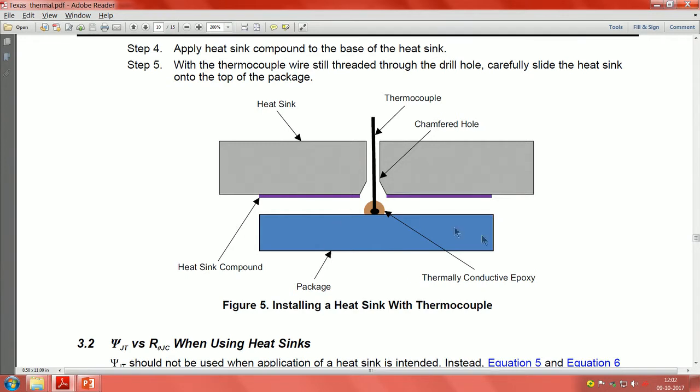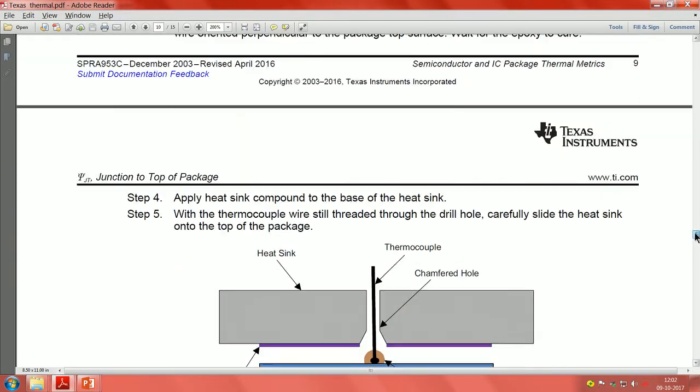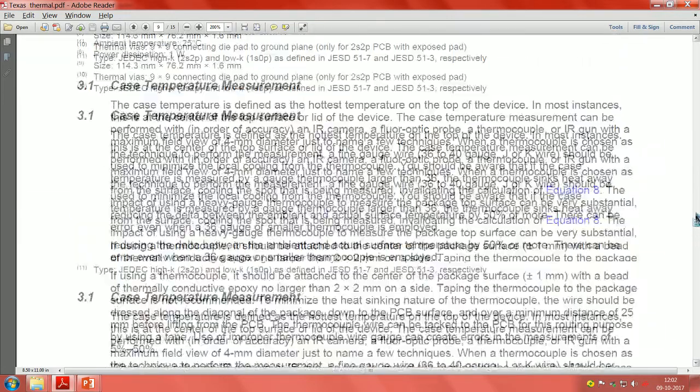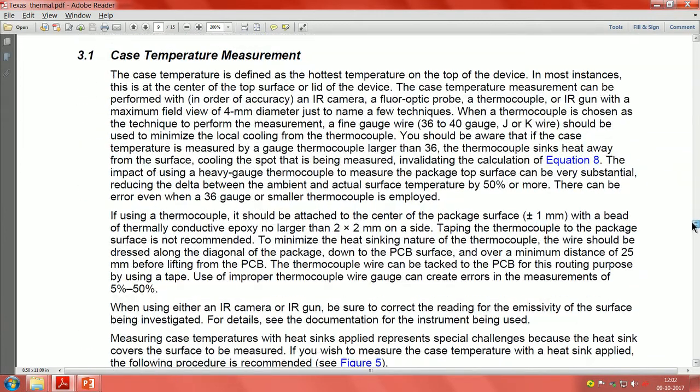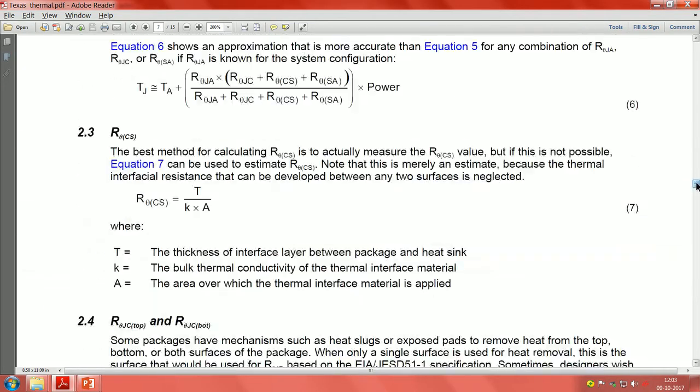So, we have a heat sink, thermally conductive epoxy, then there is the package and how these things are mounted and so on. Using all this, the manufacturers have made a lot of this data available to us designers to use. They themselves probably use the modeling and the analytical methods which are described in the main lecture. So, if you just search around on your internet and all the other things,